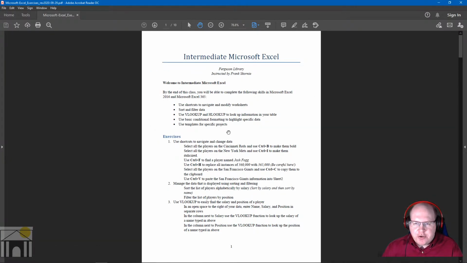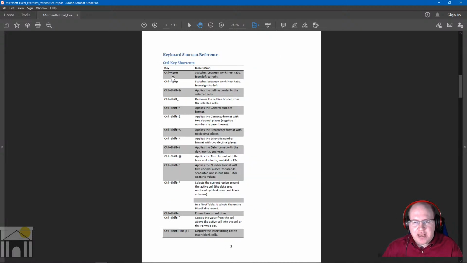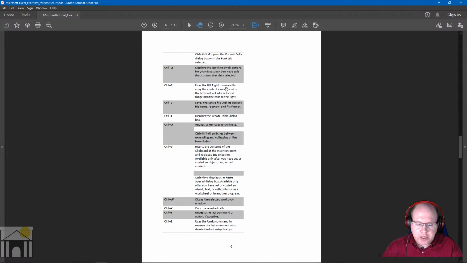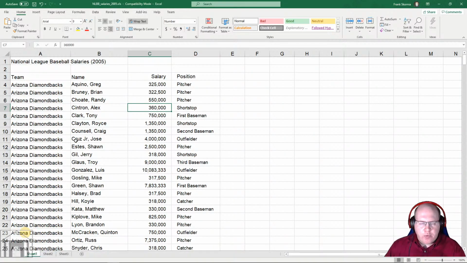So the first page here has the objectives that we're looking at in this class. And then we start with the exercises, and the exercises go over a couple of pages, and after that there's a whole bunch of keyboard shortcuts. We're going to be looking at some of these shortcuts when we get in. But first, let me do a quick primer,